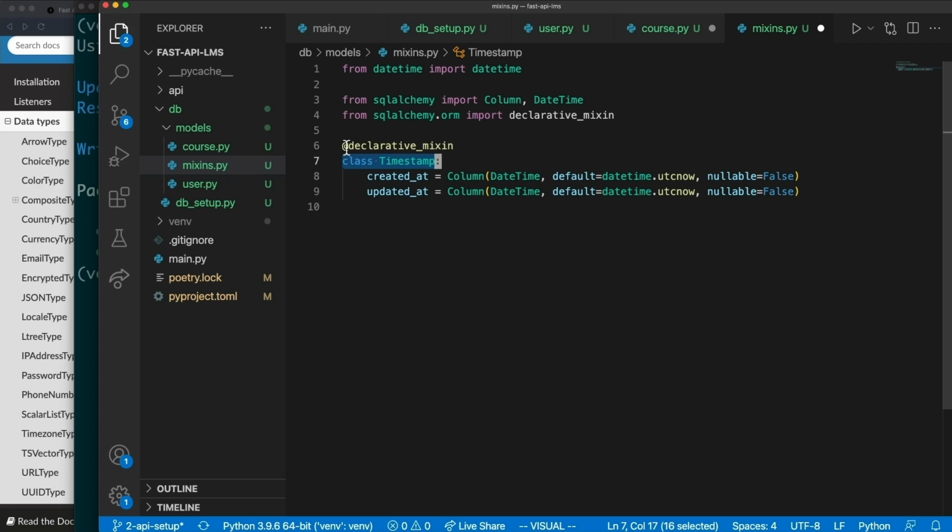Instead, I am wrapping this in this declarative mixin decorator. And basically what this does is allow me to create a class with fields here and then extend from this class into my other classes. So I can use inheritance and then basically have these created at and updated at fields in any other model